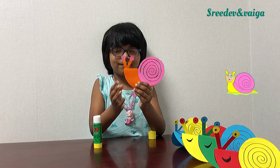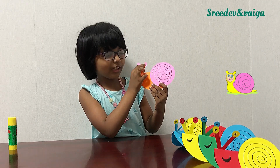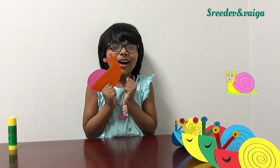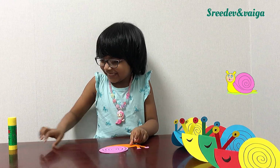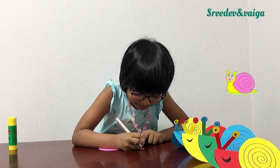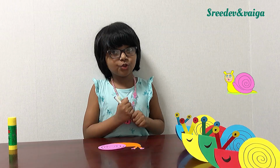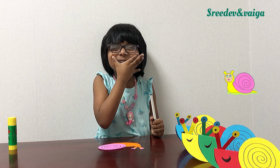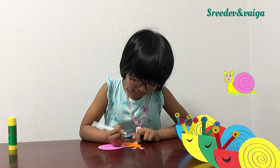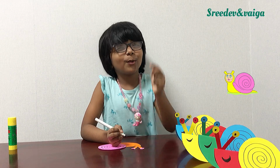There we go. Now as our snail is like this, we just need to add 2 little dots inside the circles and a big smiley. So after that we're done. Let's do this. As I added 2 dots, now for the smiley. It can be a big one or just